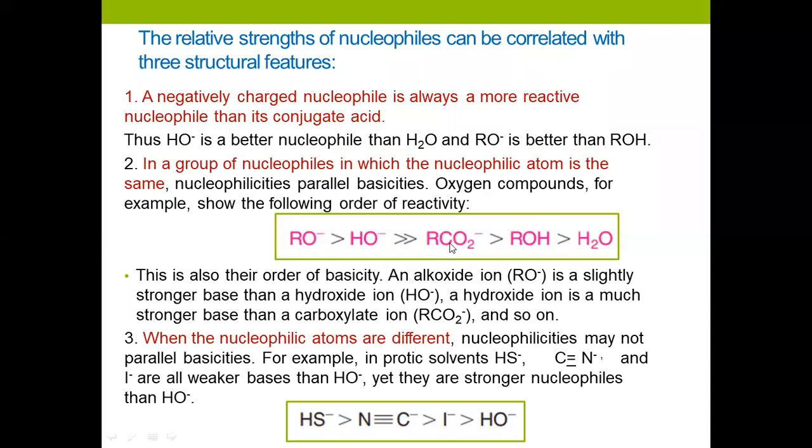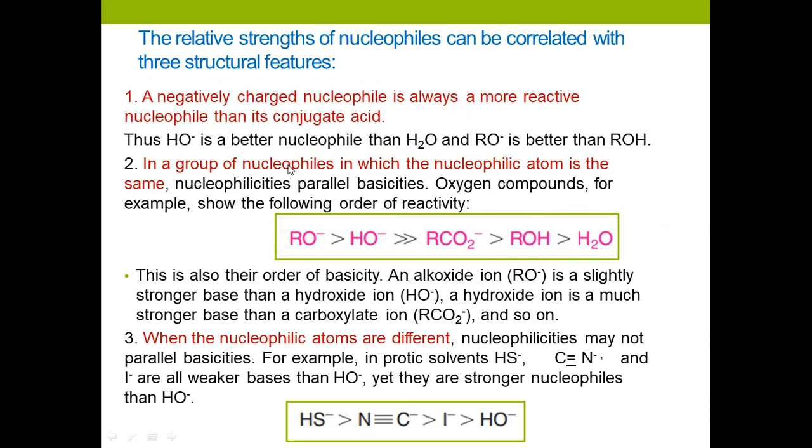Okay, so here, again, you have an ROH. So the difference is an R group, which has a property that would donate electrons by inductive effect. Really good in reality, it would donate just like in an acid-base reaction, but it induces the neighboring atom with its electron density. So it enhances the electron density of oxygen so that it can more readily give electrons to another positive center. So compare that to water. Okay, so that's the second